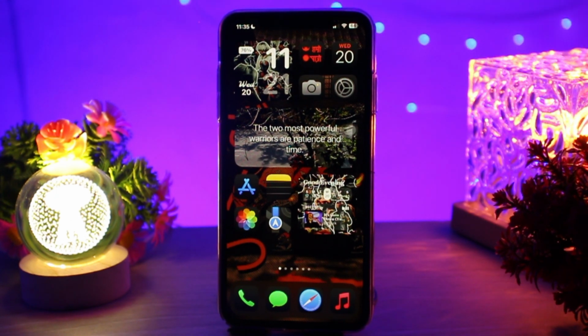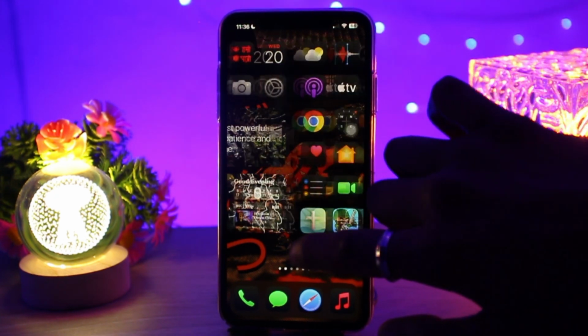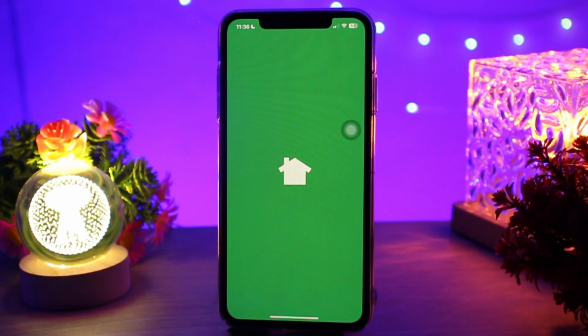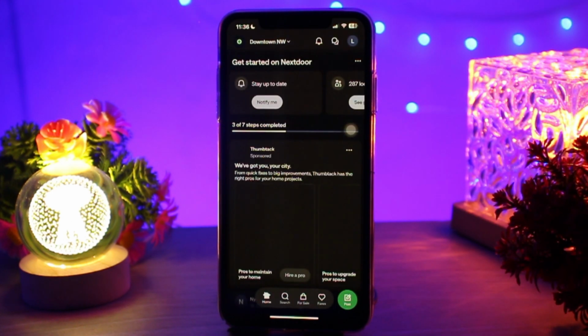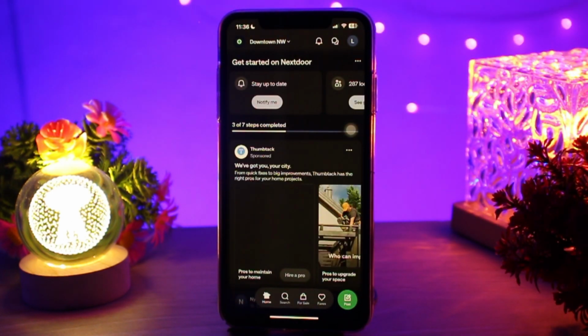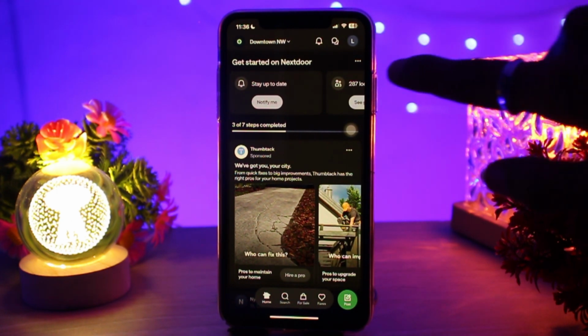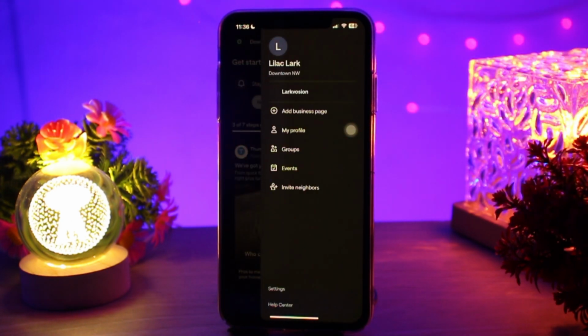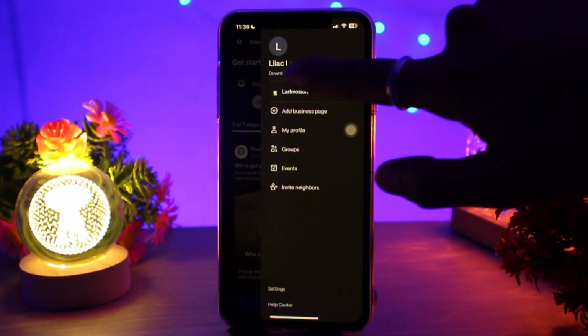In order to see bookmarks in the Nextdoor app, what you need to do is simply head over and open up your Nextdoor application and be sure to be logged into your account as well. Then once logged into your account, in order to see the bookmarks, what you need to do is simply tap on your profile icon on the top right corner of your screen, and once inside, simply tap on your profile